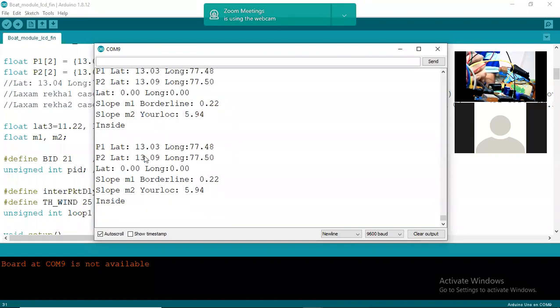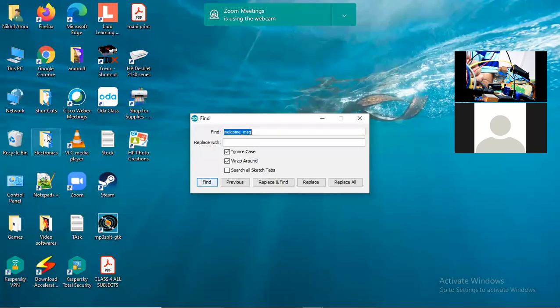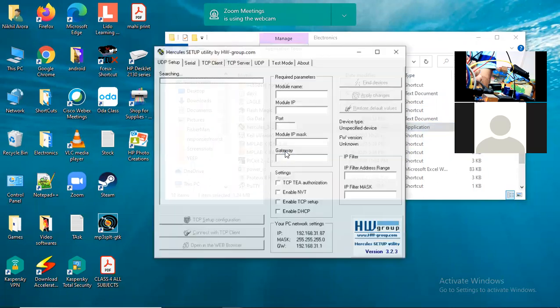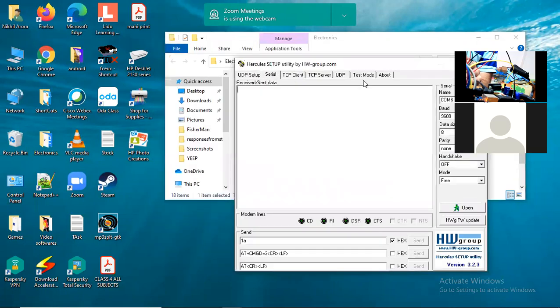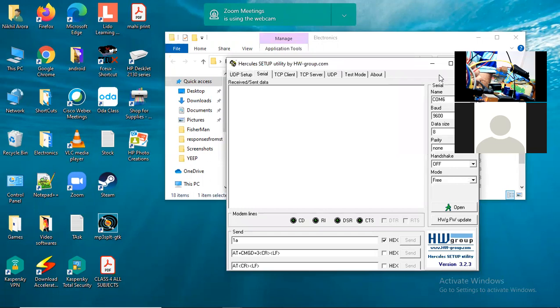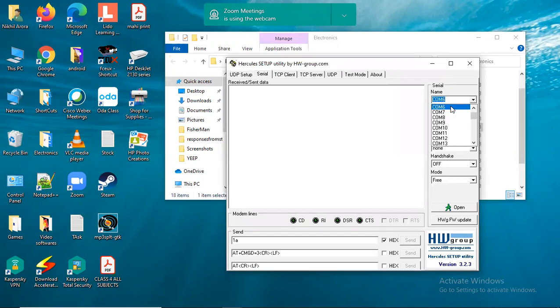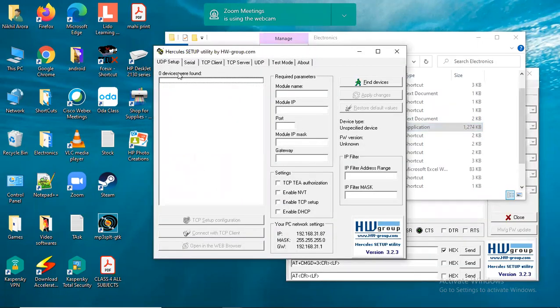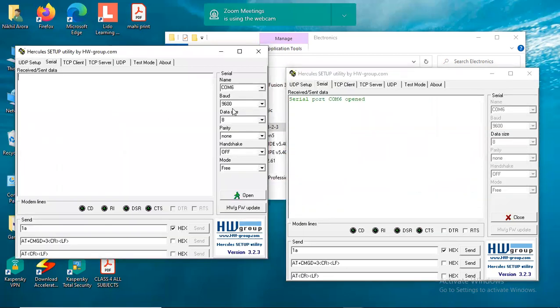Okay, instead of showing like this, I can close it. I can open one more software called Hercules. I can show both screens together. Hercules, serial, COM 6, open. One more Hercules, serial, COM 9. Why COM 6, COM 9?